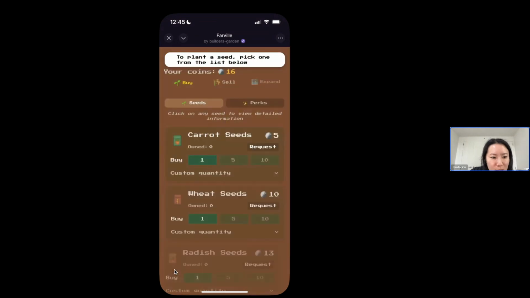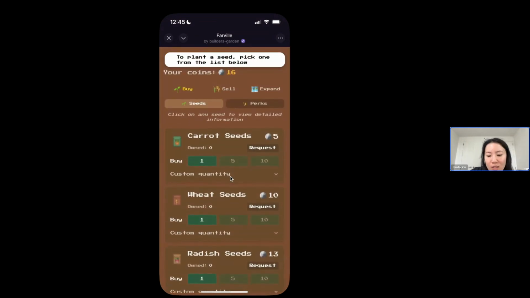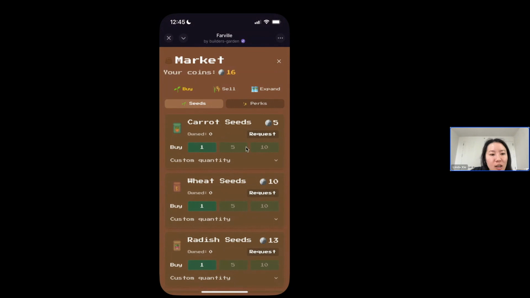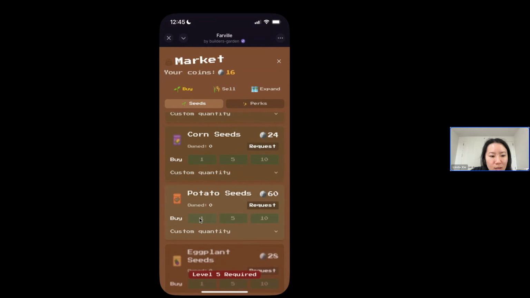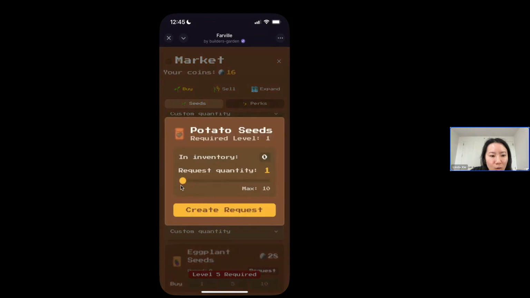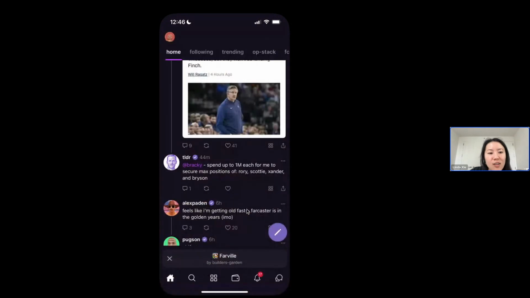I don't have seeds, but you can go to the market, and one thing they did really well is, let's say you need seeds in your inventory, you can request these seeds, and it goes out into the Farcaster social feed.